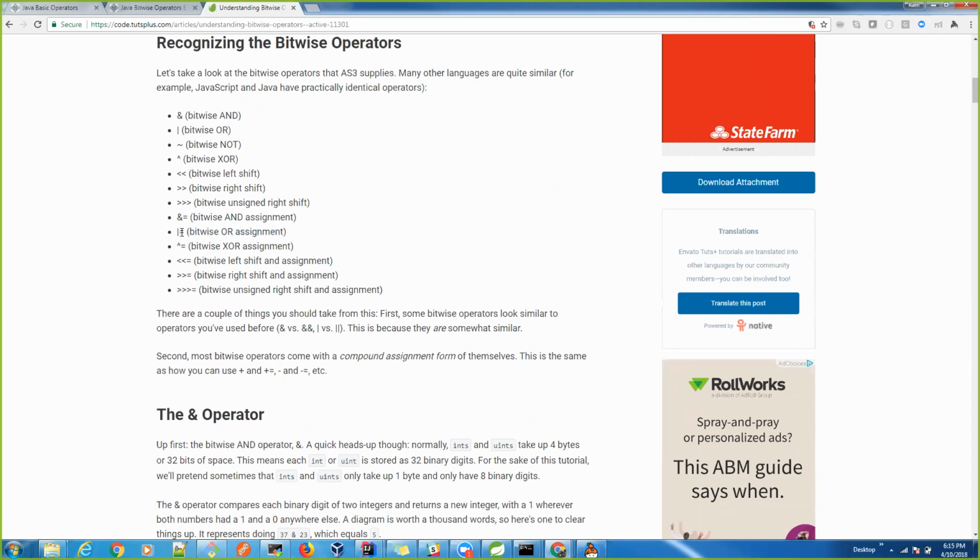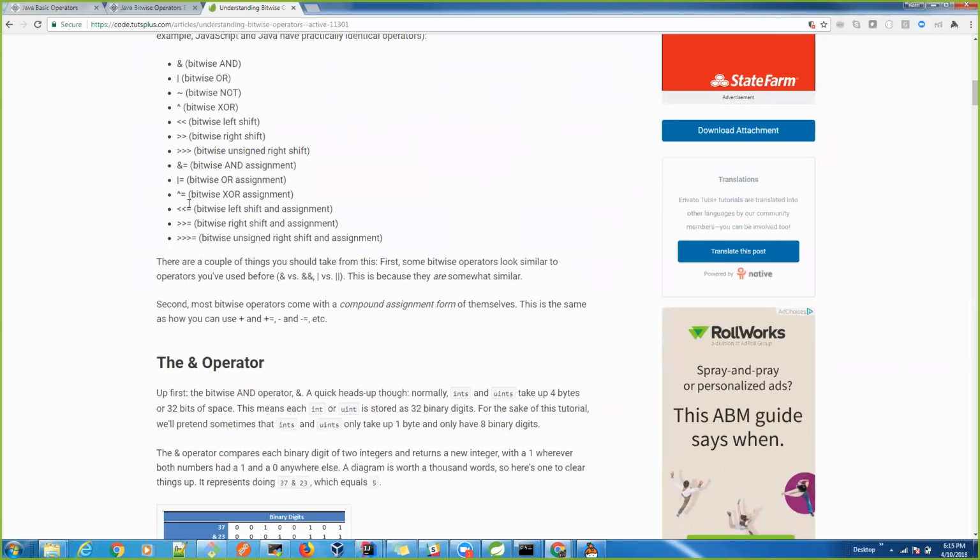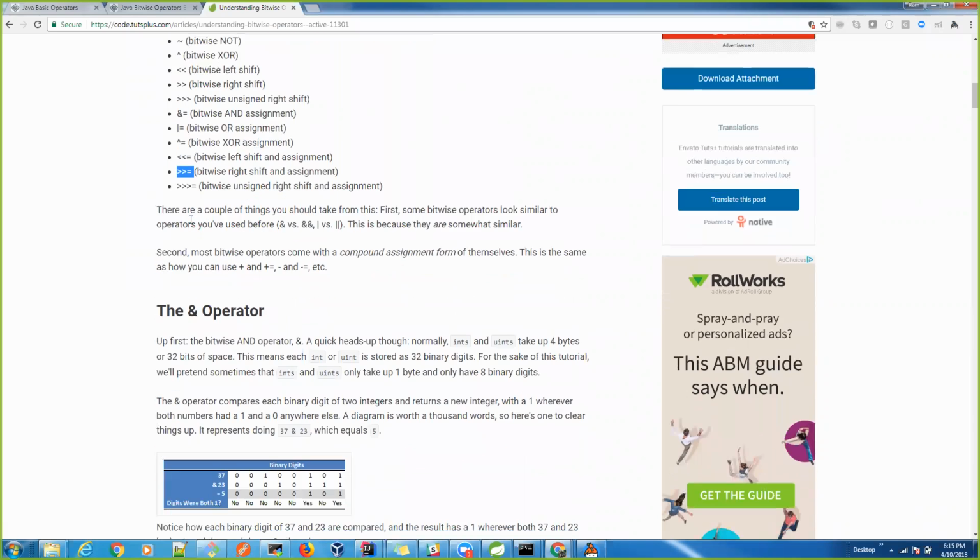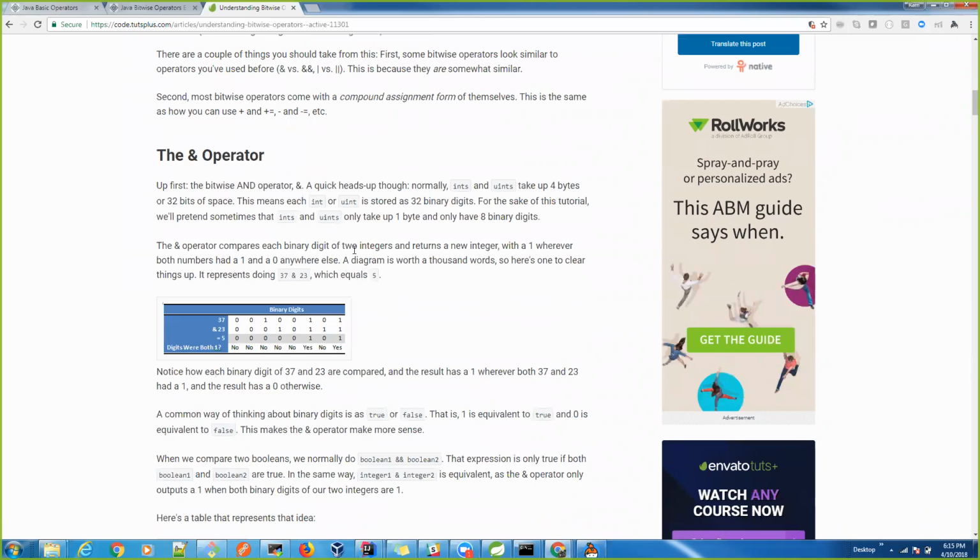Assignment because it is having equals to, right? And exclusive or assignment, bitwise left shift assignment, right shift assignment, bitwise unsigned right shift assignment. So there are so many things. So if you see the bitwise operators here,